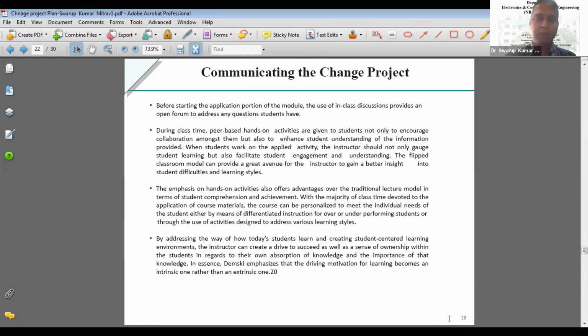Now, we wanted to start our project in that way so that the instructor as well as the students both can benefit from both ways of learning. In the flipped mode of classroom, we have better insight and a better learning style. I have gone through some first year laboratories, with experiments like the rectifier and some digital experiments, where we can have more ways of learning. As we are an autonomous institute, we can have more resources and give students a large amount of knowledge in a small duration of time.